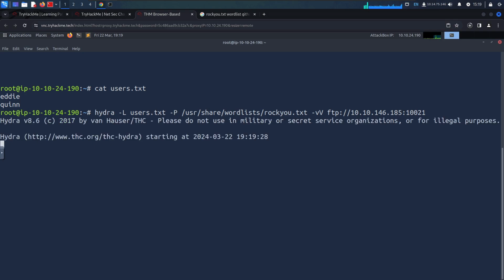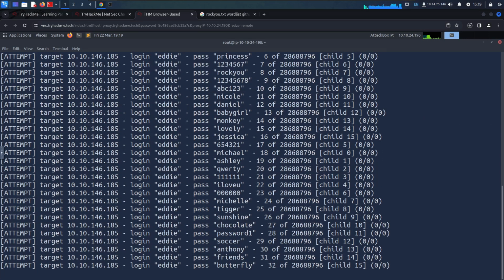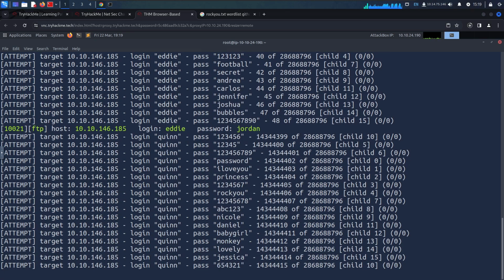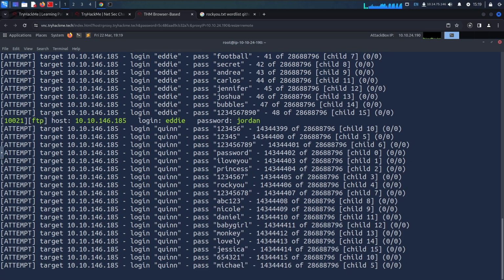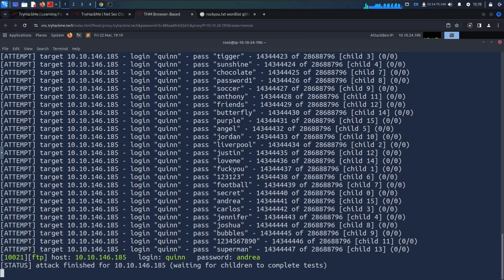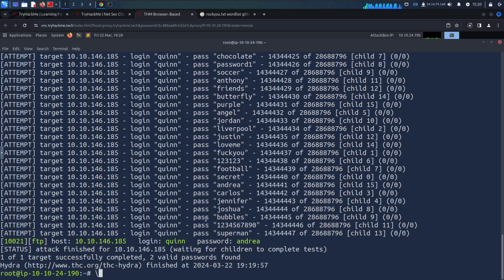Hydra will start, and it will start cracking passwords for you. You will need to wait a bit until it gets started, and you can clearly see it is hitting the passwords, and if it gets a password it will show you in green. Yeah, you can clearly see it got the first password for the user Eddie, and now it will try to crack the password for Queen. It has cracked successfully. So basically here you can clearly see I just got the password for Queen,